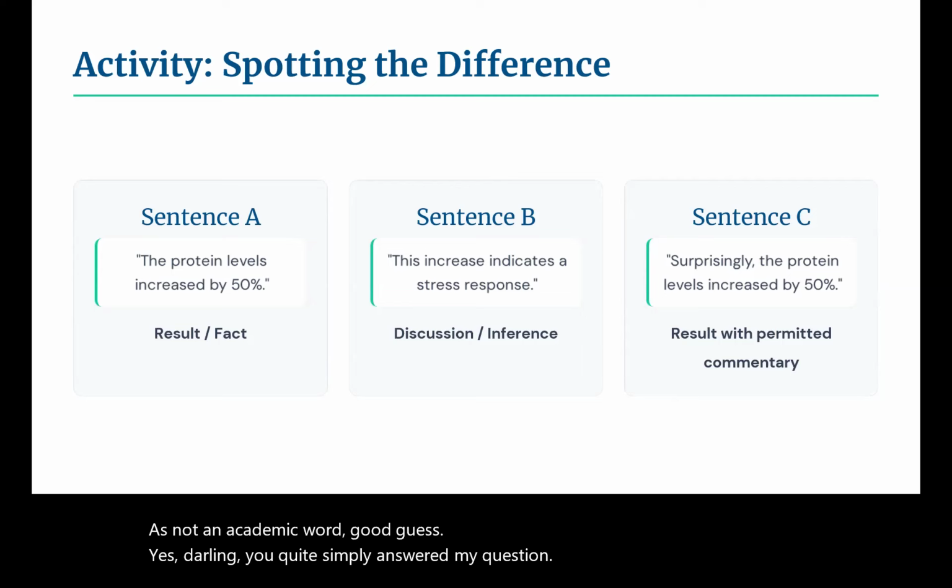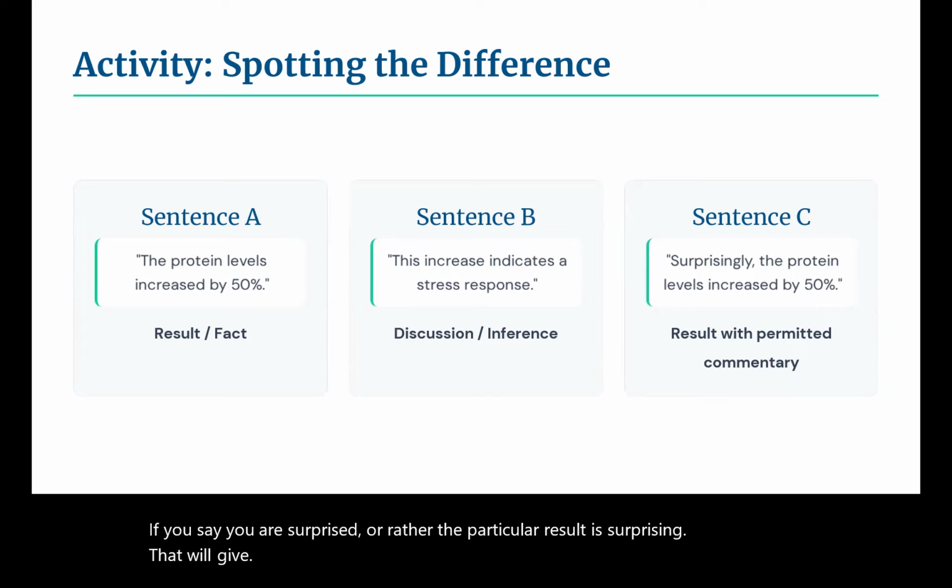We should let your audience absorb it easily, without putting suspense in your results section. If you say you are surprised, or rather the particular result is surprising, that will give unnecessary narratives to the mind of the reader.